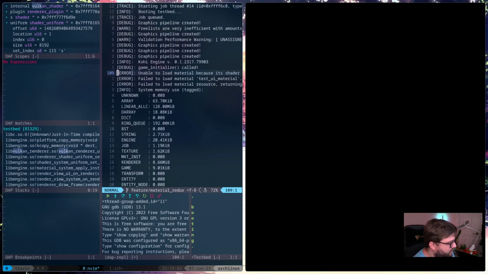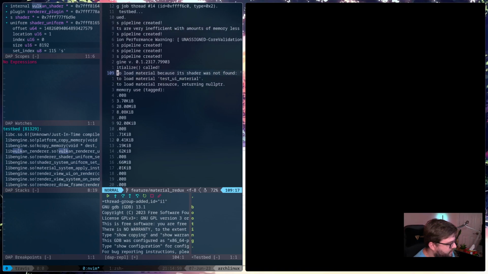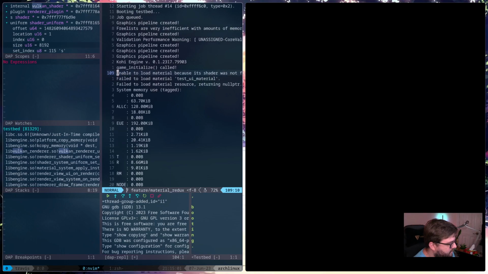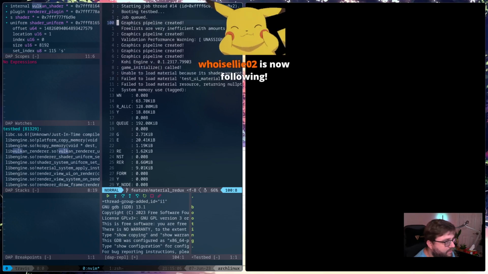Unable to load material because its shader was not found. Shader.builtin.ui. This is likely a problem with the material asset. Shader.builtin.ui. This is test UI material. Interesting. Okay, do we have anything before that?